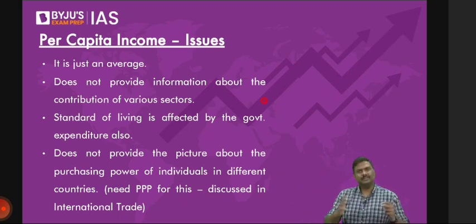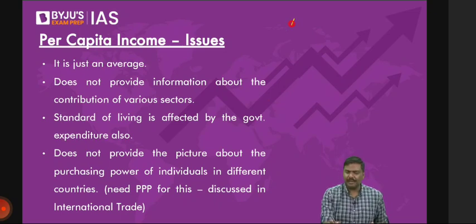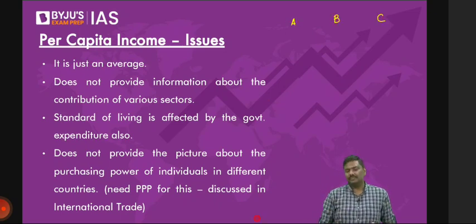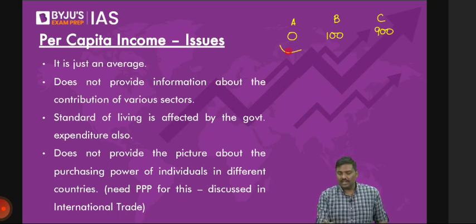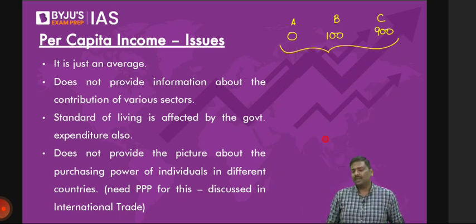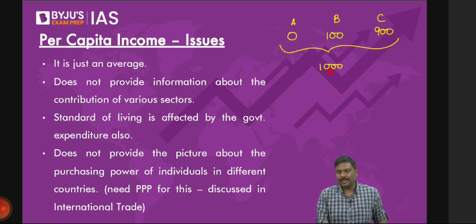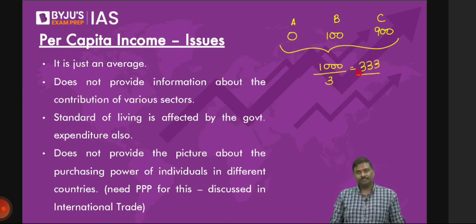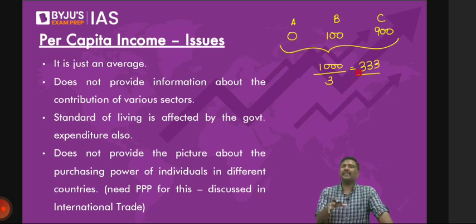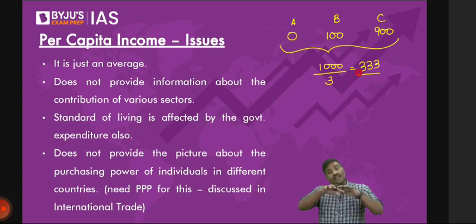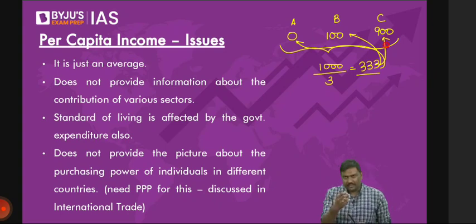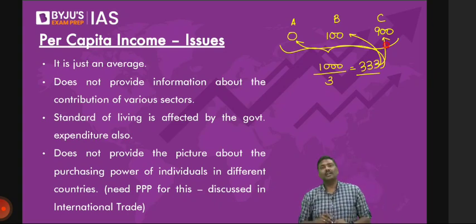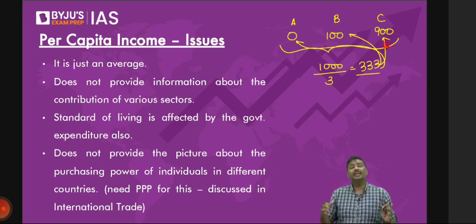For example, imagine there are three people, A, B, and C. A is earning 0 rupees, B is earning 100 rupees, and C is earning 900 rupees. Assume only three people are there in the country. Total factor income will be 1000. That is the GDP. You divide it by three people. What is per capita here? About 333 rupees. So understand the logic here. You get a per capita figure that represents how much on an average an Indian is earning. But does it mean that 333 rupees is earned by everyone? Does it give you a true picture of what is happening in the economy? Absolutely not. Why? There is a lot of income inequality. Is it okay?